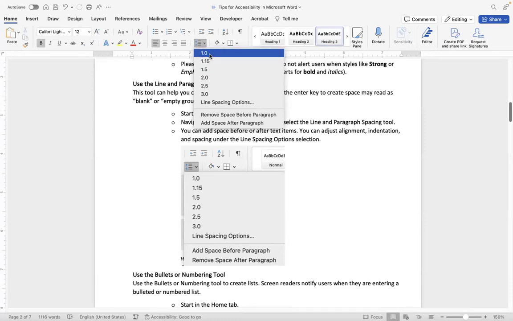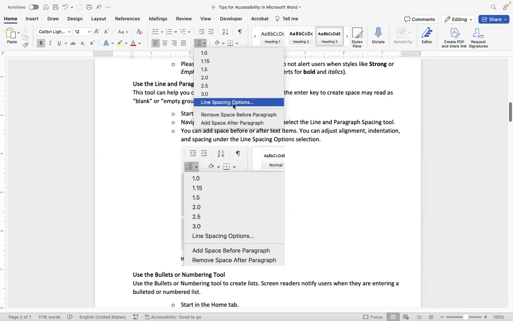So 1.0 for single space, 1.15 for a little bit more spacing between sentences. What I'm going to go down to is there is an option for remove space before paragraph, add space after paragraph. This is such a handy tool if you have a heading and you want to organize your document so there's a space between your heading and the paragraph information.